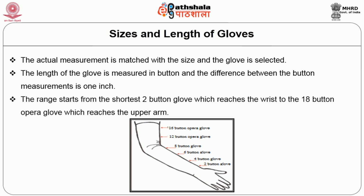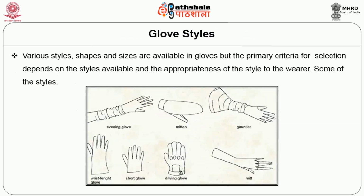The range starts from the shortest 2-button glove, which reaches the wrist, to an 18-button opera glove, which reaches the upper arm. The glove styles are many and you get various sizes and shapes available in the market. The criteria for selection depends on the styles available and the appropriateness of the style to the wearer. Some of the styles are gauntlet, mousquetaire, wrist length gloves, mittens, mitt, driving gloves, short tee,